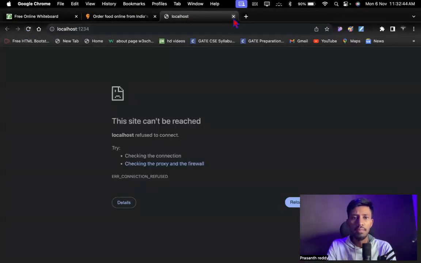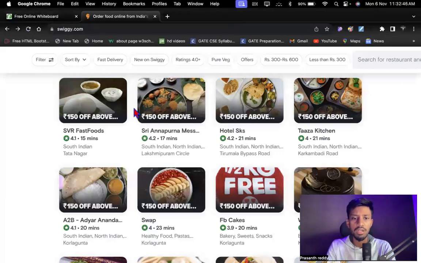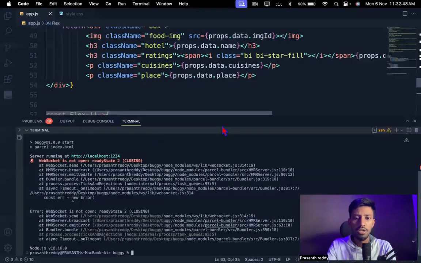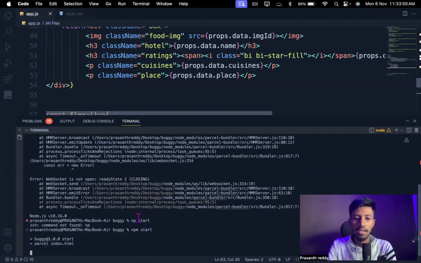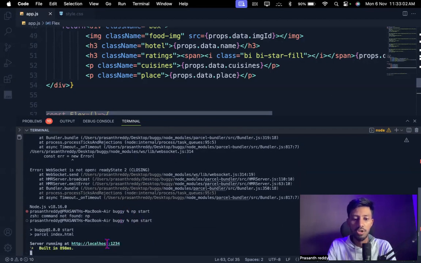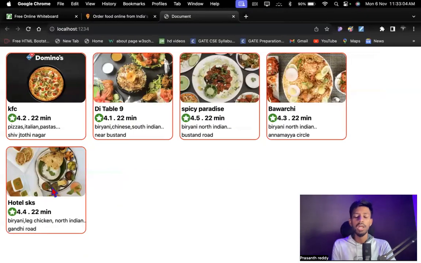Oh, okay. I think I just stopped the live server. Let's go and start the live server once again. See, the live server had ended. Let me say npm start, right? npm start. Okay, not np start. It's npm start. Okay, did the enter? Now if you see, the live server started. Let me go back here. See, now again one more restaurant got added, right?